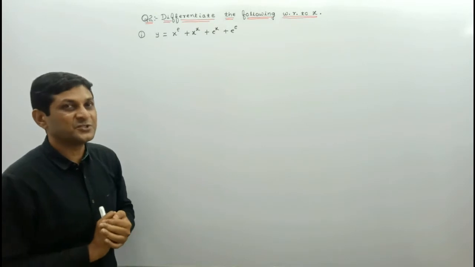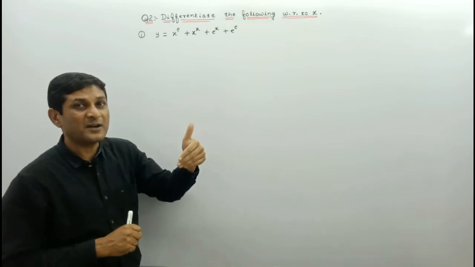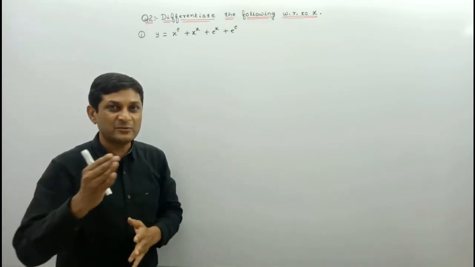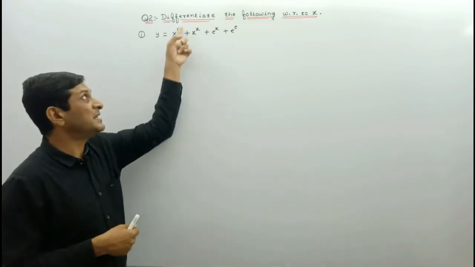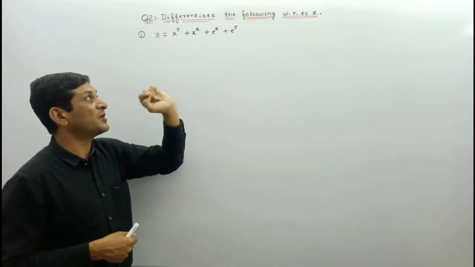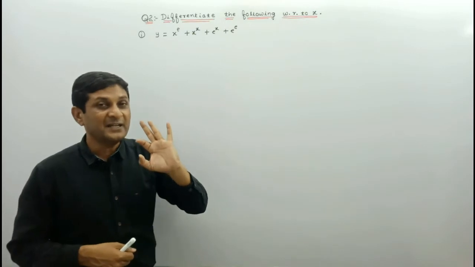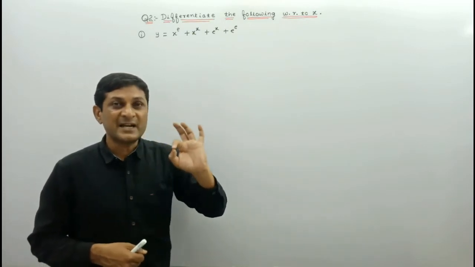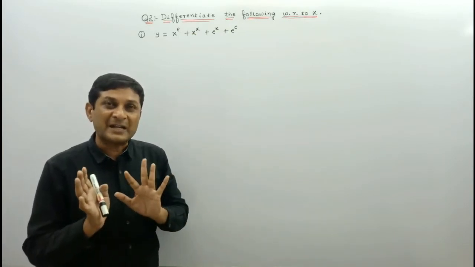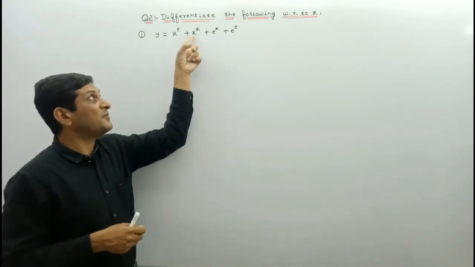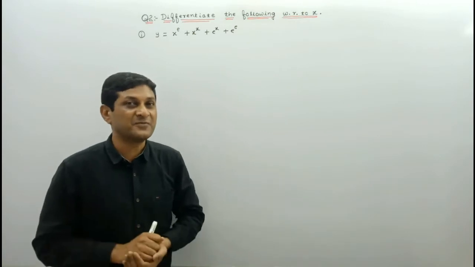But if you observe this function very carefully, first function is in the form of x raised to power n. e is nothing but what? One number, it is an irrational number whose value lies between 2 and 3. Its approximate value is 2.7 something. Means it is one number. Means first term is in the form of x raised to power n. Second term is in the form of f of x raised to power g of x. And in case terms are connected by plus or by minus, at that time, if at least one function is in the form of f of x raised to power g of x, at that time to find out its differentiation we have to apply logarithmic differentiation method.